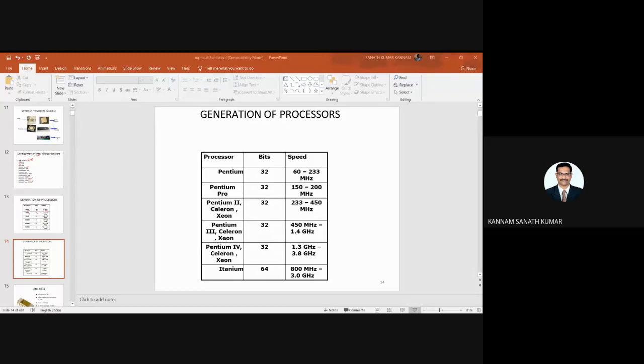Okay. And the Pentium 3 Celeron and Xeon is 32-bit, and the clock frequency is 450 megahertz to 1.4 megahertz. And Pentium 4 Celeron and Xeon is 32-bit, and the clock speed is 1.3 gigahertz to 3.8 gigahertz. And the next one is Itanium. This is a 64-bit processor, and the clock speed is 800 megahertz to 3 gigahertz. Okay, so